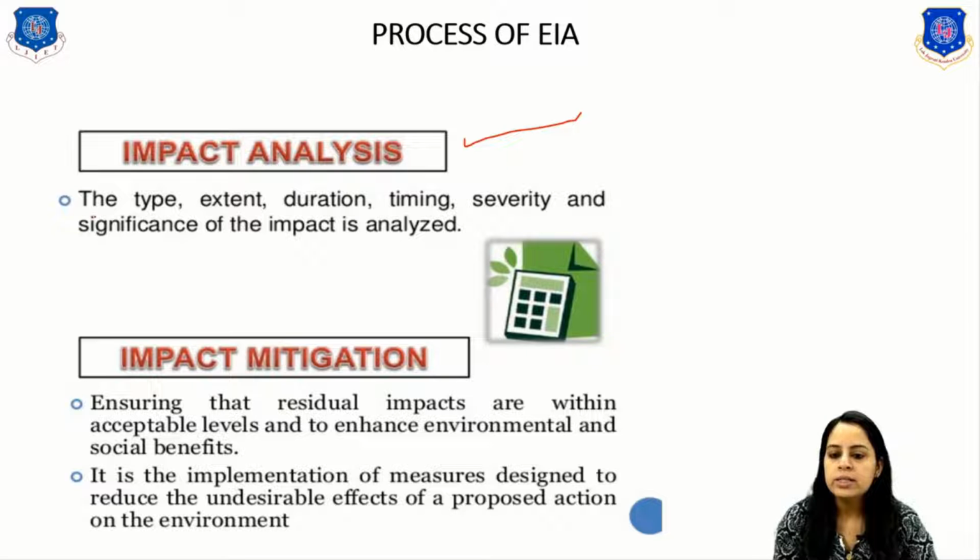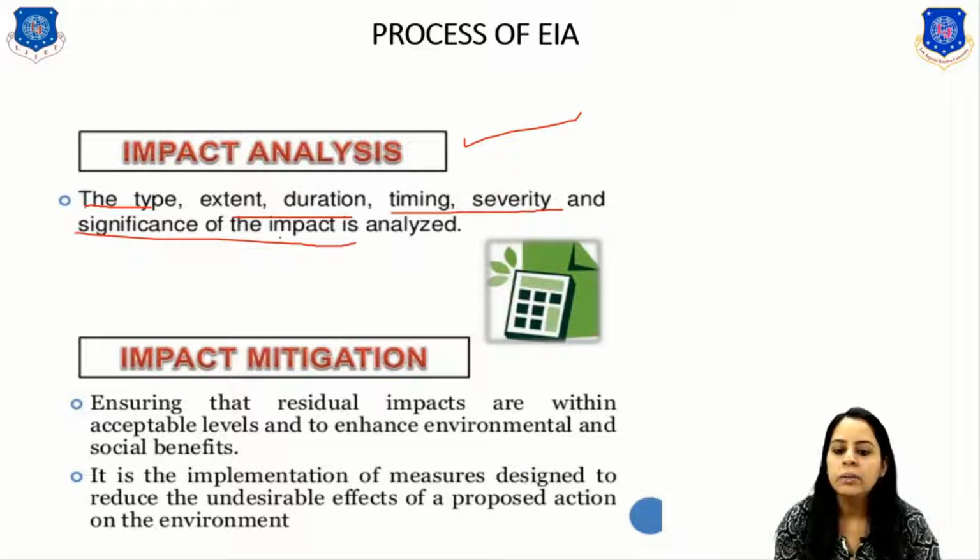In this, the type, extent, duration, timing, severity and significance of the impact are analyzed, right? Then impact mitigation: this step includes ensuring that residual impacts are within an acceptable level and